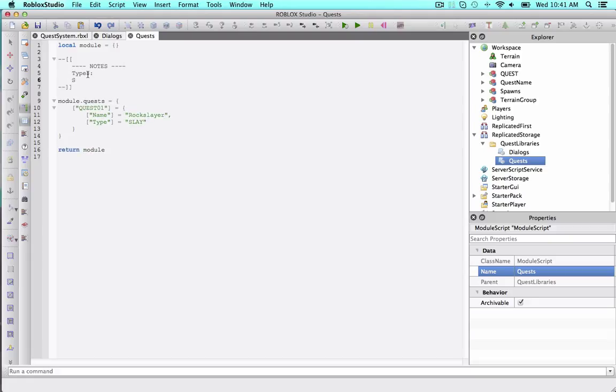Types, we'll have slay. The slay type will be kill monsters. Fetch, if it's a fetch quest, it will be acquire items. And for right now, this is really the only 2 we need. Okay, so